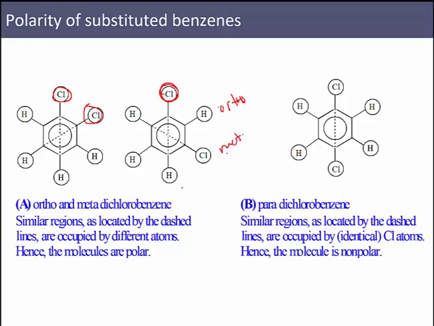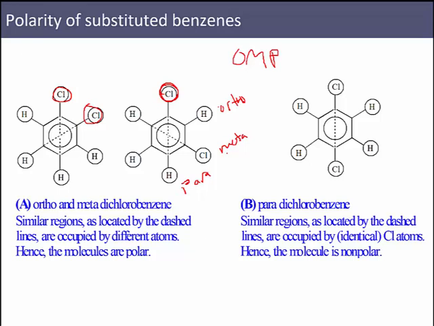meta, and para. Right, so if it was down here, it'd be para. So ortho, meta, and para, as well as omp. There it is. Right? So in ortho and meta dichlorobenzene, similar regions as located by the dashed lines are